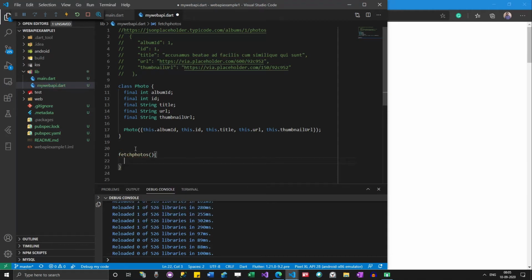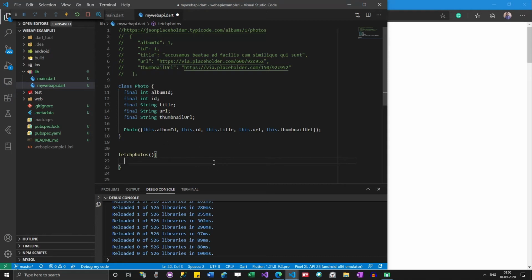We are going to have some function which is going to fetch the photos. In order to fetch the photos, we need to write some code. So how can we fetch the photos?